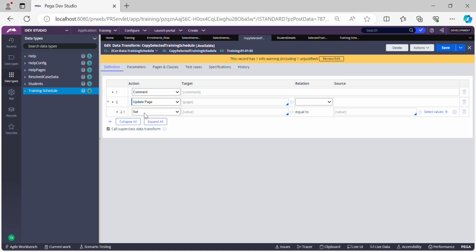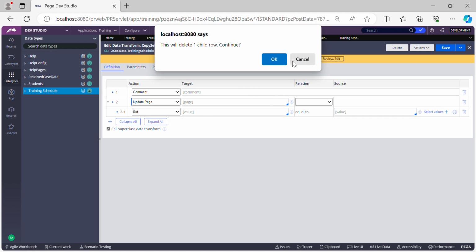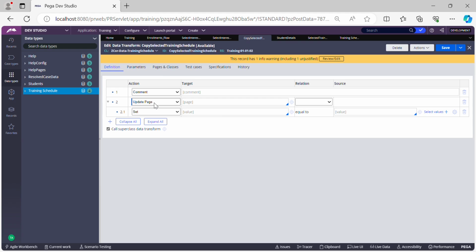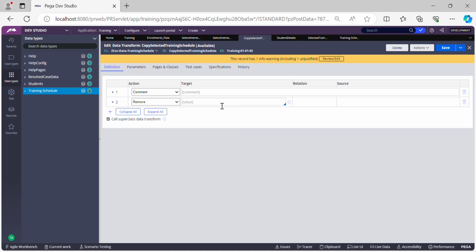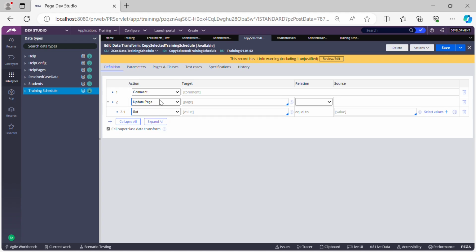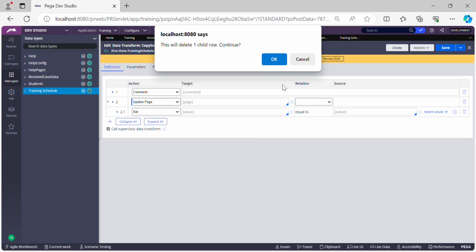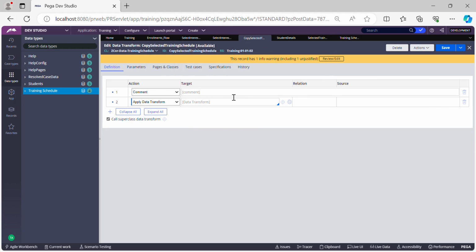Now, let me quickly explain the next ones. This is a remove action using which you can remove the value of any property. That is the remove option. Then comes the update page. Update page is the action set using which you can copy the details from one page to another. This works like the page copy method in the activity. Next we have apply data transform. If you want to call a data transform from another data transform, you use this action set